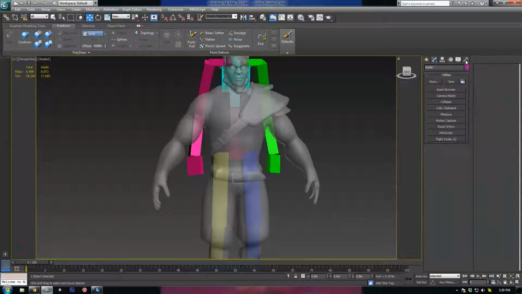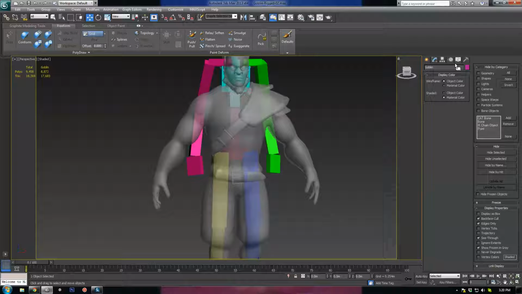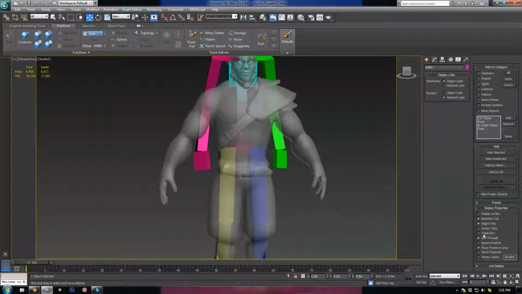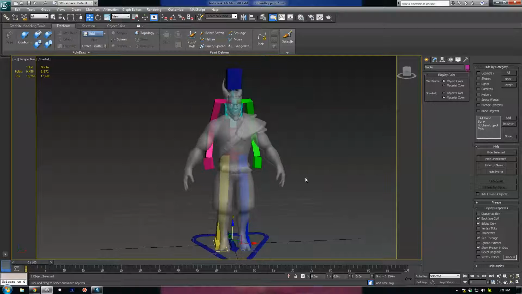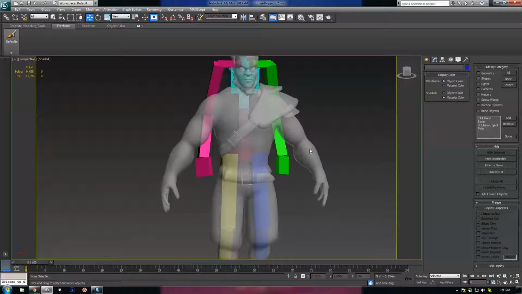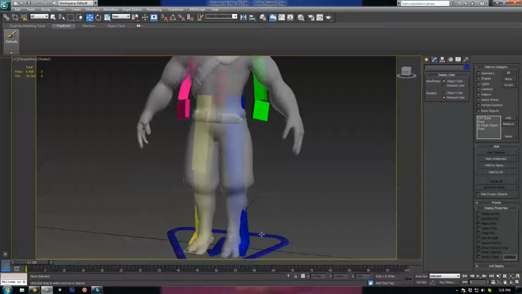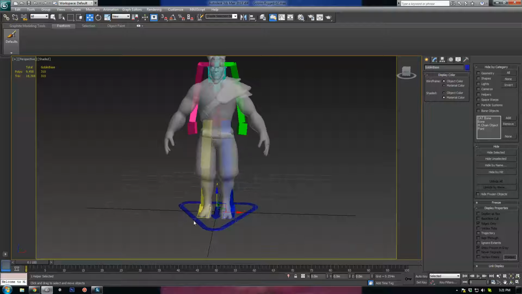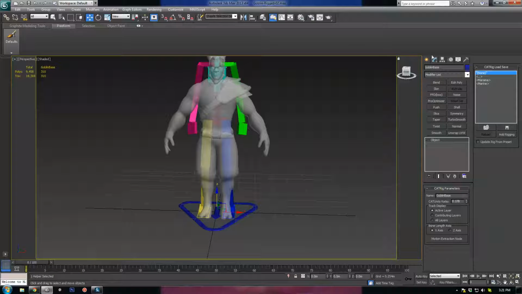It stayed see-through. If yours doesn't, you can go into this display panel here, and sometimes show frozen in gray. This one's on, but it still works fine. If it doesn't work, take a look at the display settings. Make sure they match this guy, and they should be okay. But with Alt-X on, you can go to freeze selection, and that way you won't be able to select your model by accident. So go back into your cat rig, select the triangle on the bottom, go into your modify menu here,